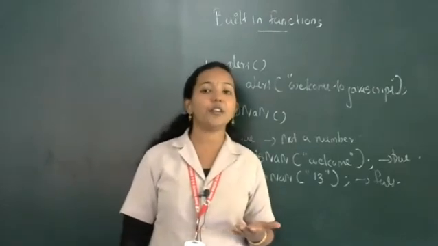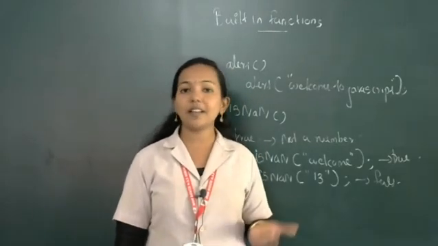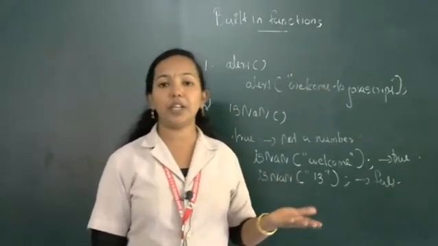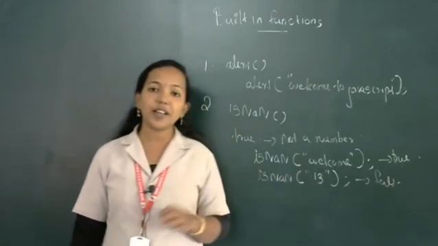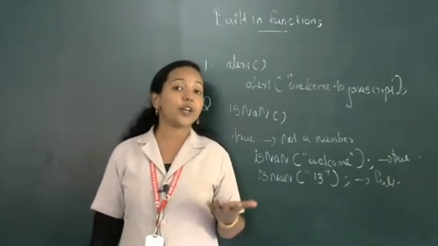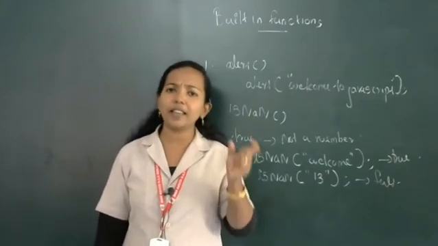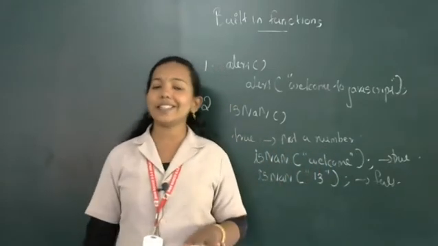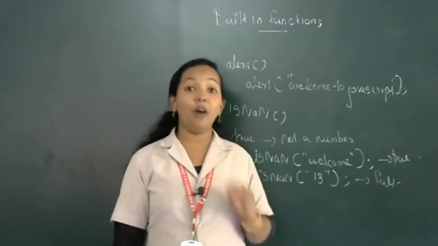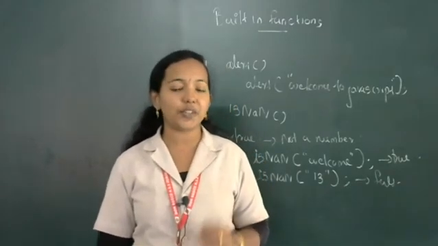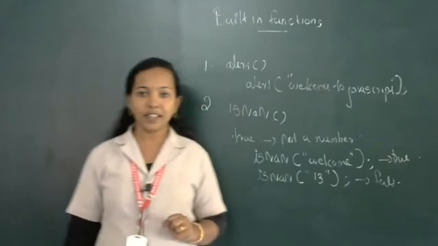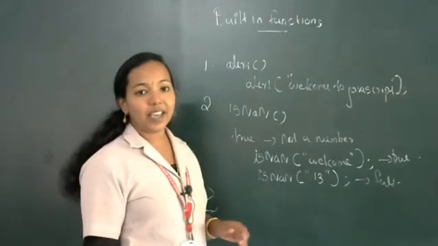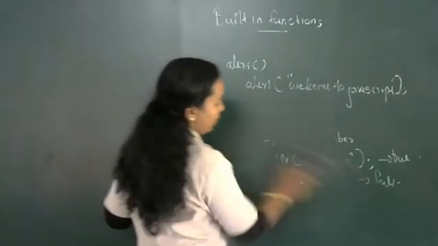In that client form you want to type the register number. Register number is always a number. So we can check isNaN of that particular text box. If any of the students enters any character instead of a number, at that moment they will get an alert message, that means not a number. So normally the isNaN function is used to perform client-side validation in a JavaScript program. Clear? For that purpose we are using the isNaN function. So this is our second built-in function, the isNaN function.